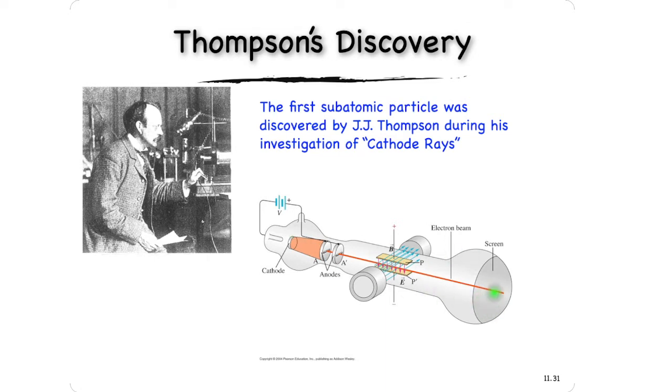You've seen a cathode ray tube at some point. The old big tube televisions are cathode ray tubes. The way they work is you have a cathode, the negative end of a voltage supply, and an anode, the positive end of a voltage supply. You can think of them as two ends of a capacitor connected to a voltage supply. So you have this positively charged plate over here, the anode, and a negatively charged plate over here